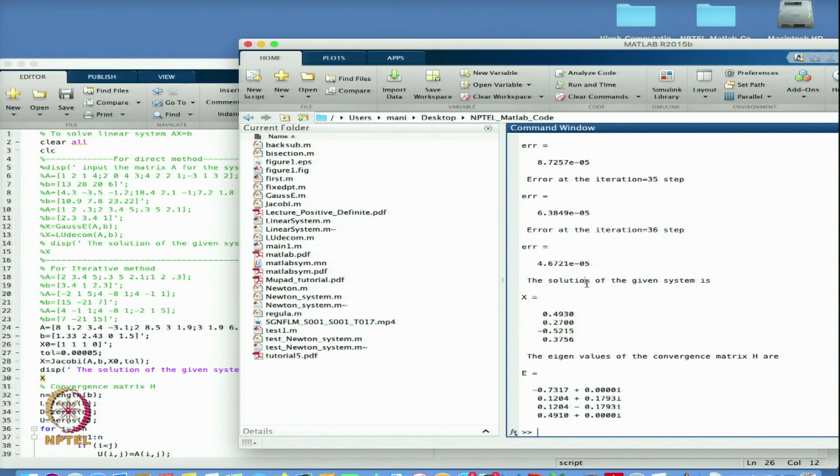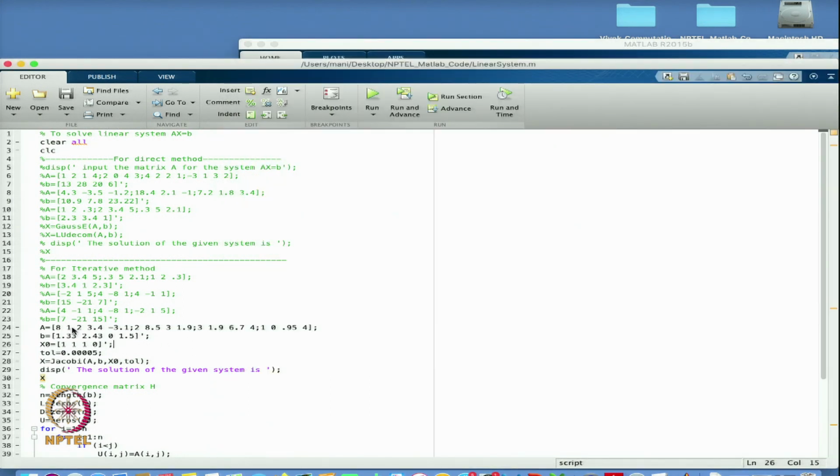So because the system is convergent, it is necessary that the largest eigenvalue will be less than 1. So from here I can say that the necessary condition is well satisfied for the Gauss-Jacobi method and my Gauss-Jacobi method is convergent for this matrix. So if you see, this matrix I have made is diagonally dominant and that is why the Gauss-Jacobi method has to converge, because this is the sufficient condition for this one.